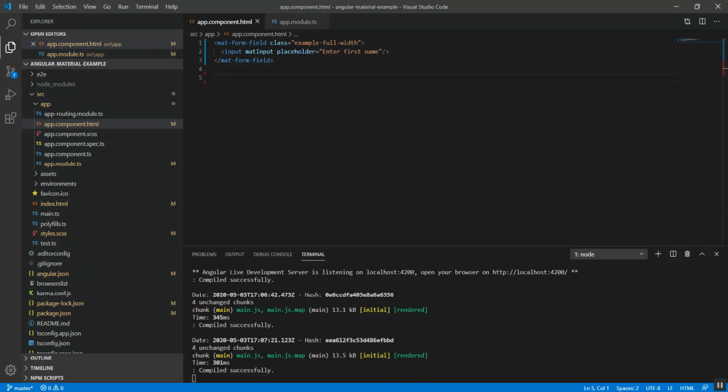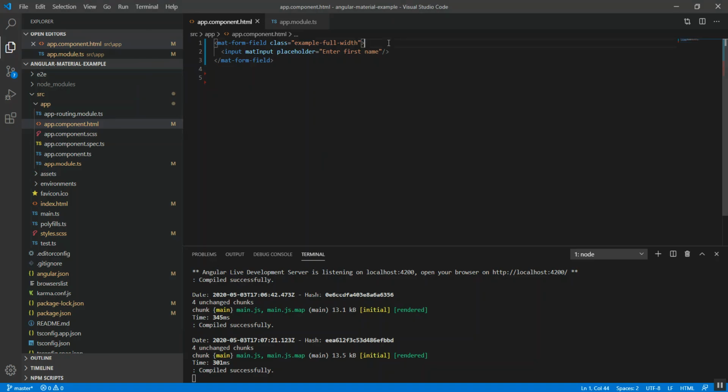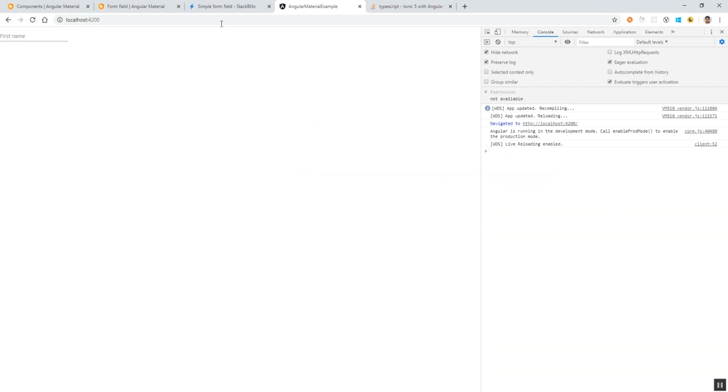So I have copied something and I will put that here. Okay, so inside this mat form field wrapper, we'll give this mat label with first name as the value as well. So if you check again, it's recompiling. So now if you see, instead of the placeholder, it's the mat label shown first, which is the first name. And once we click, it will show the placeholder, enter first name. So I am entering my name, Anu. Okay, see how this is how it looks like.